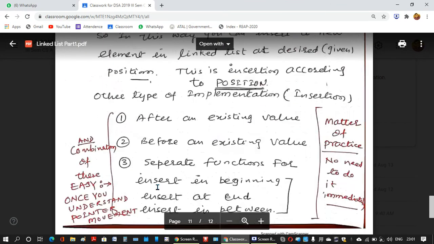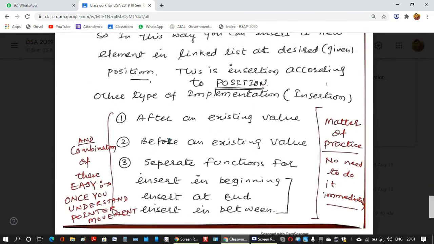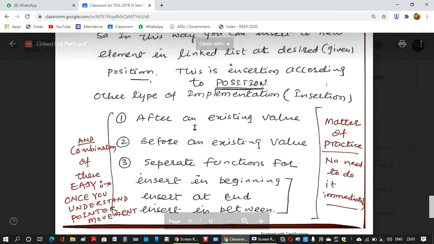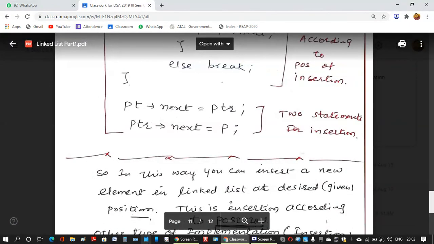This comment is about the other different ways of implementing linked list, but please don't take it before implementation of what we have discussed. So you implement it, enjoy it. After that, you see there can be other ways also. Programming is not a static thing, like it is not history where you can say that I know whatever is written in the book. Whatever is written in the book in a programming language is to make you understand how programs are written. So once you understand how to write a program, you will write in many different ways. So this comment is about that.